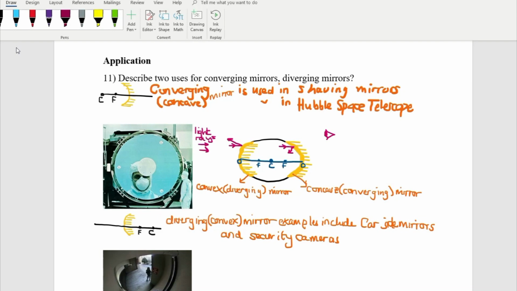Now, this is the final part of this review where we'll be looking at the applications of all we've learned, coming from light to optics to lenses and mirrors. Here we're going to look at number 11, which says that we should describe two uses of converging mirrors and divergent mirrors. If you look at this first part right here, you see a converging mirror where the